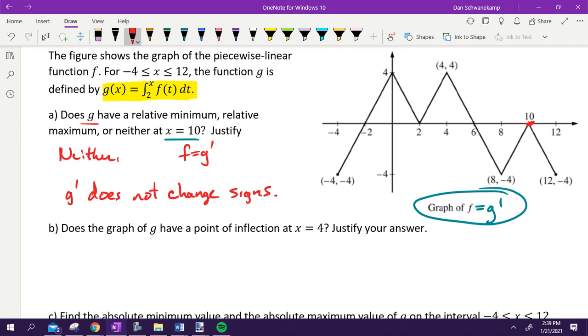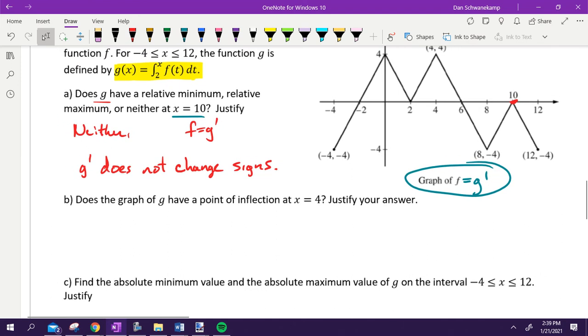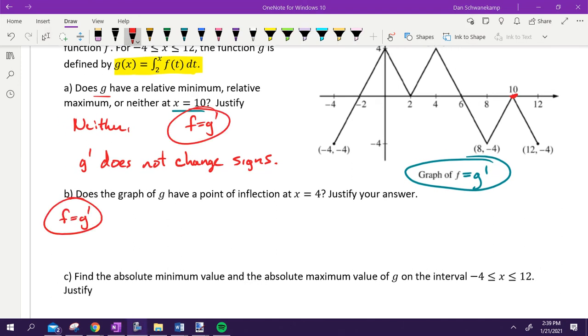That's it. Does the graph of G have a point of inflection at 4? Talk with your neighbor and then justify. Thumbs up for yes, thumbs down for no. Do we have a point of inflection? We're saying yes. G has a POI at x equals 4 because